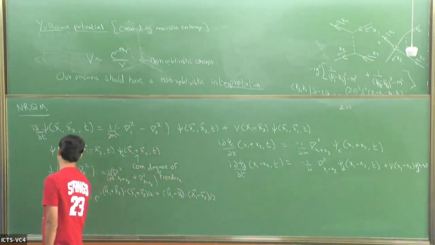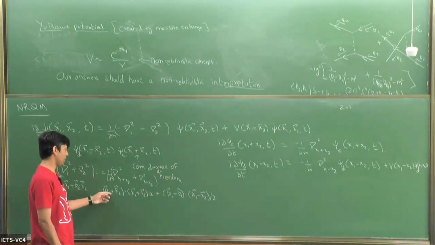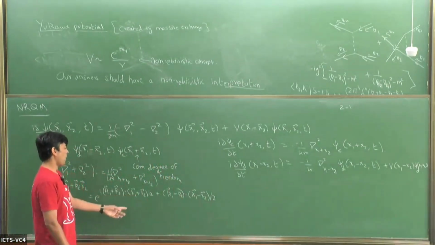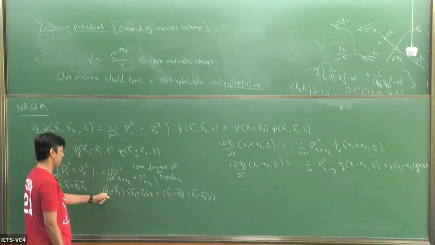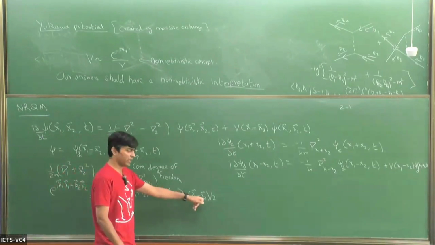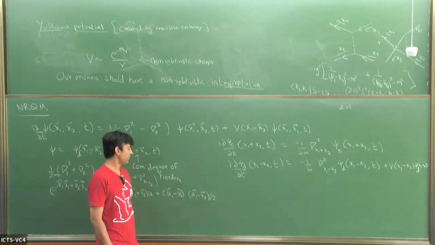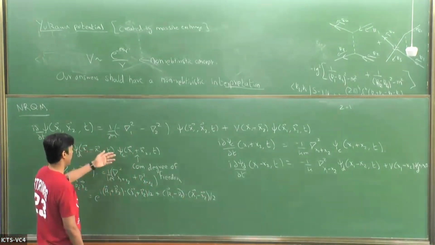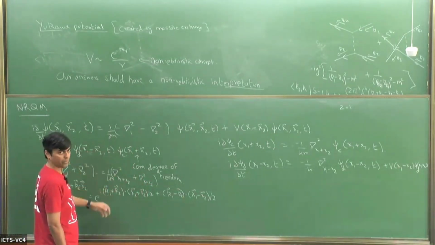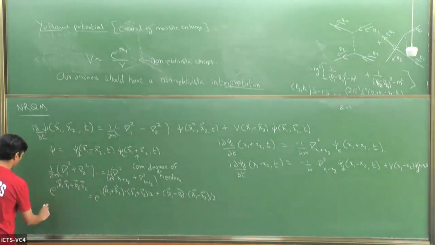If you put particle 1, and this follows because you get k1 x1 plus k2 x2. Here also you get k1 x1 plus k2 x2 because the minus sign cancels. There are also some cross terms. You get a k1 x2, but from here you get a minus k1 x2. You get a k2 x1, but from here you get a minus k2 x1. So the cross terms cancel, and you're left back with this. What this tells you is that the momentum associated with this degree of freedom is k1 plus k2, and the momentum associated with this degree of freedom is k1 minus k2. So the momentum